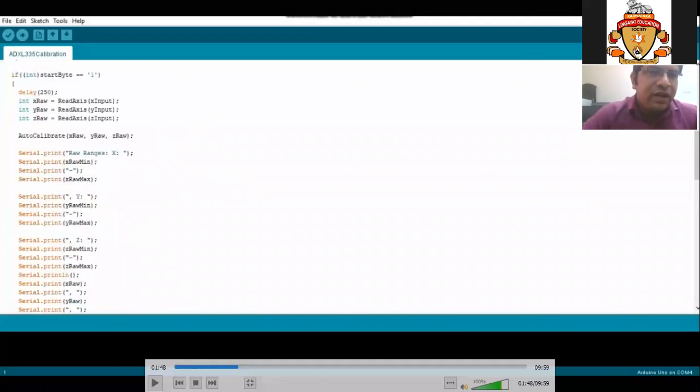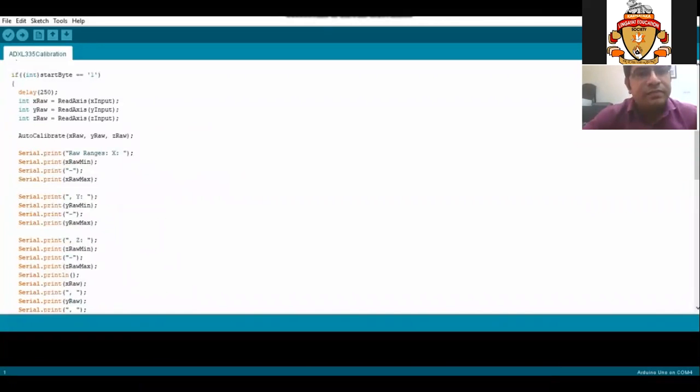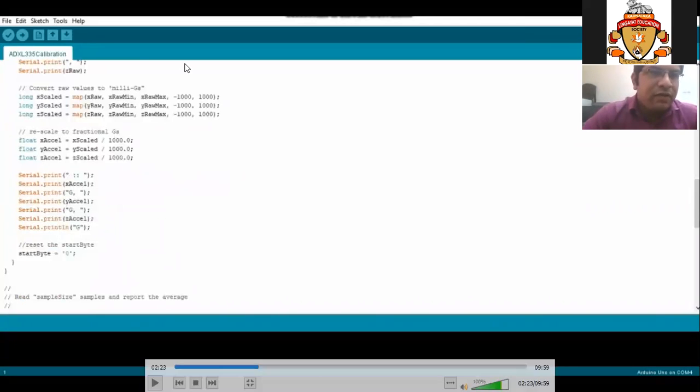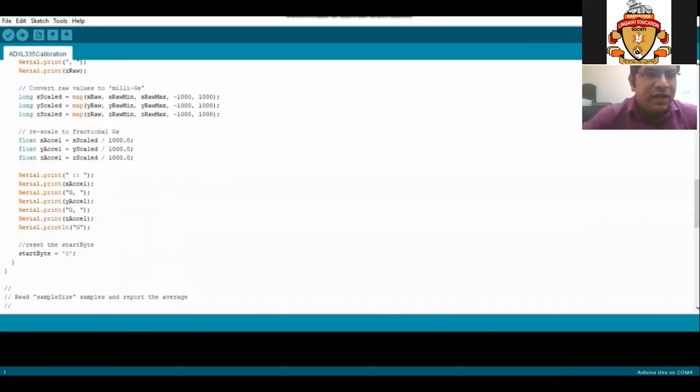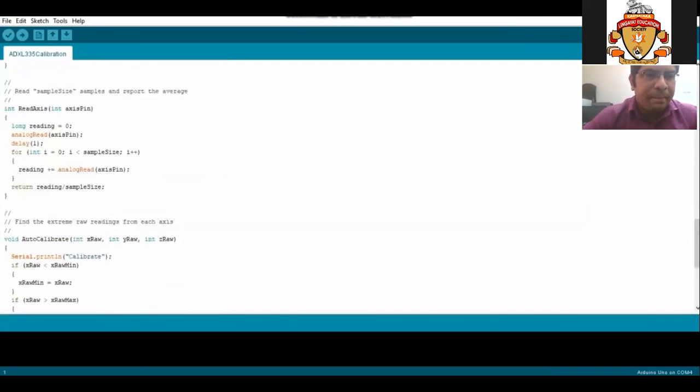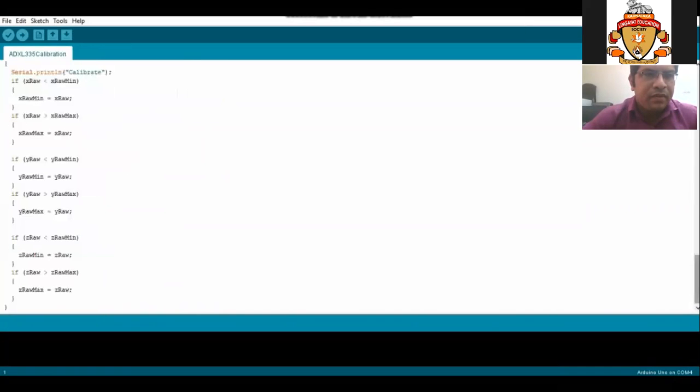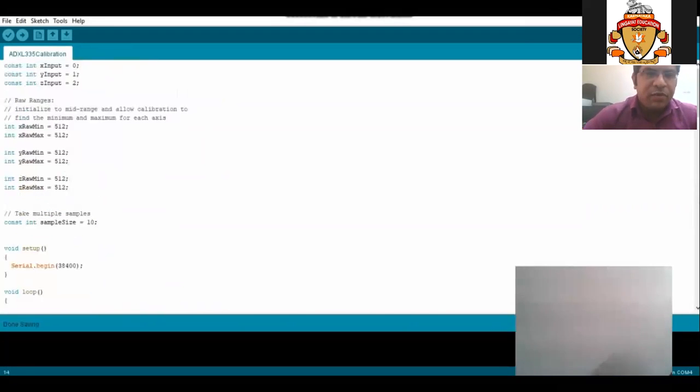Then it will print the values as X minimum and X maximum. Once we have got the values for minus 90 degree to plus 90 degree, we will map the values into the corresponding plus 180 degree to minus 180 degree. This is the program. So once we upload the program,